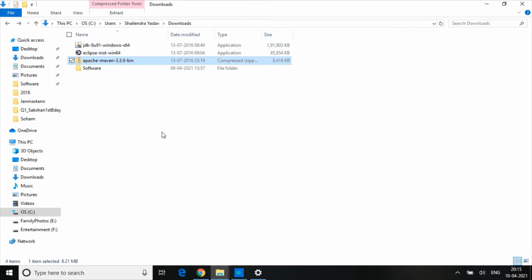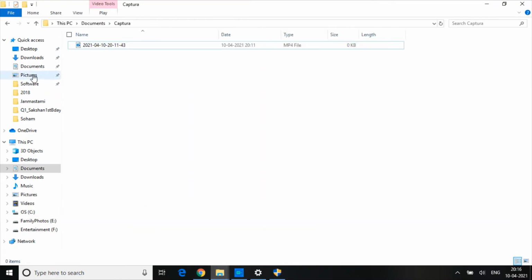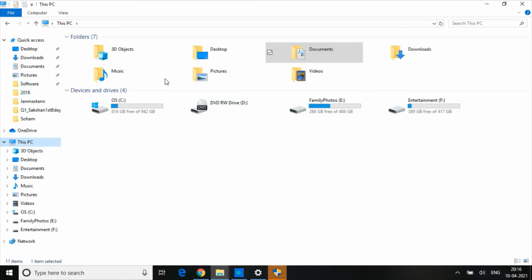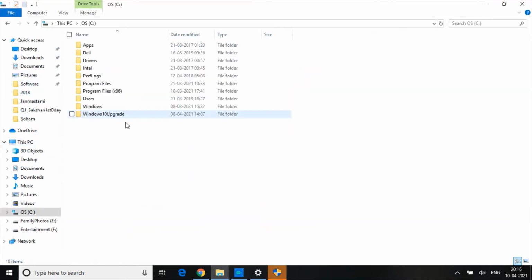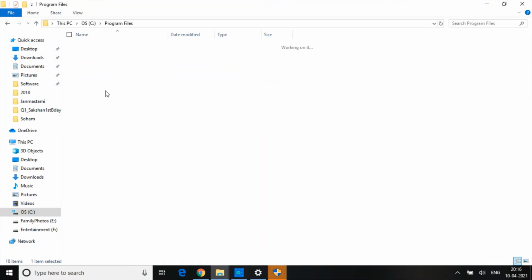Now simply double click and the installer will open, and you only have to select the default option and go next. It will install your JDK 8. Once the JDK is installed, go to your Program Files.